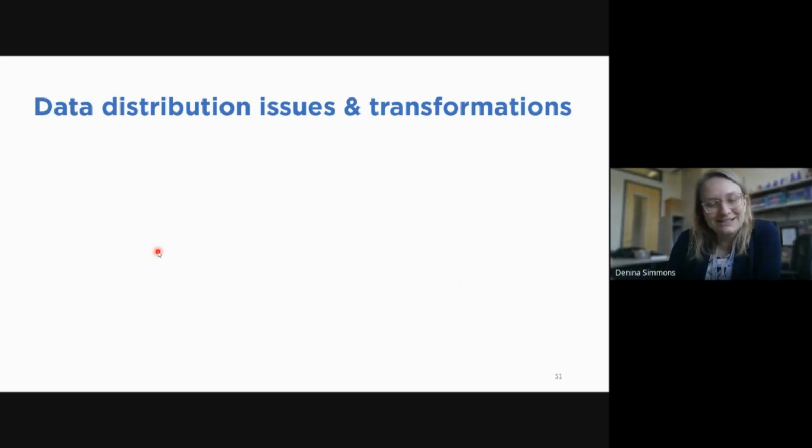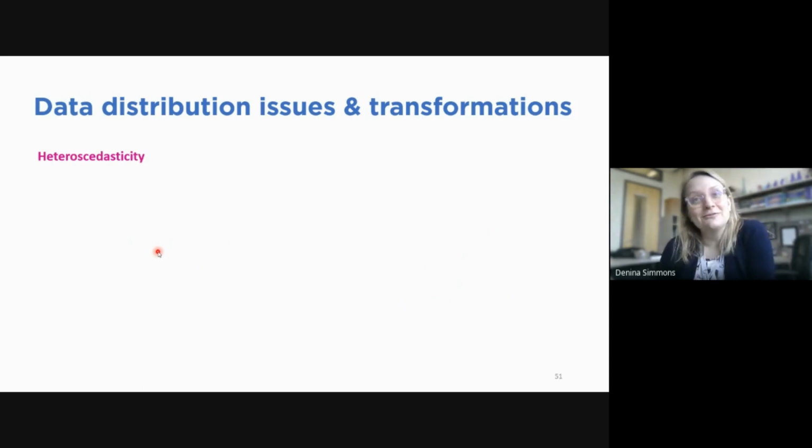You can do non-parametric tests. So all of these transformations aren't always necessary if you know what to do with non-parametric data, which I'll talk about in another moment. So the last type of issue with data, I think, that I'm going to talk about is